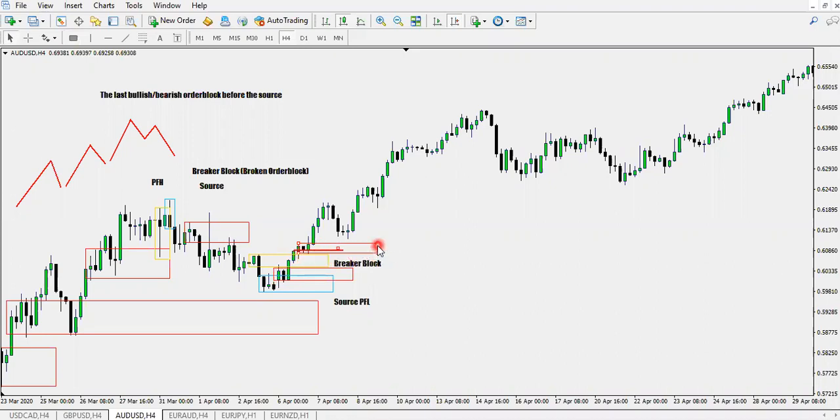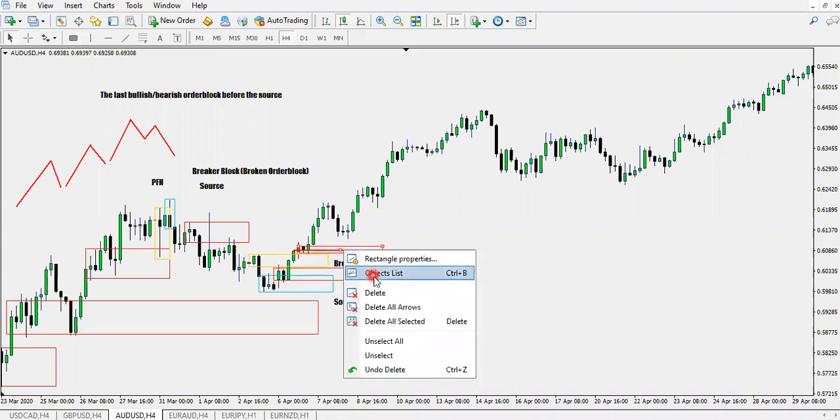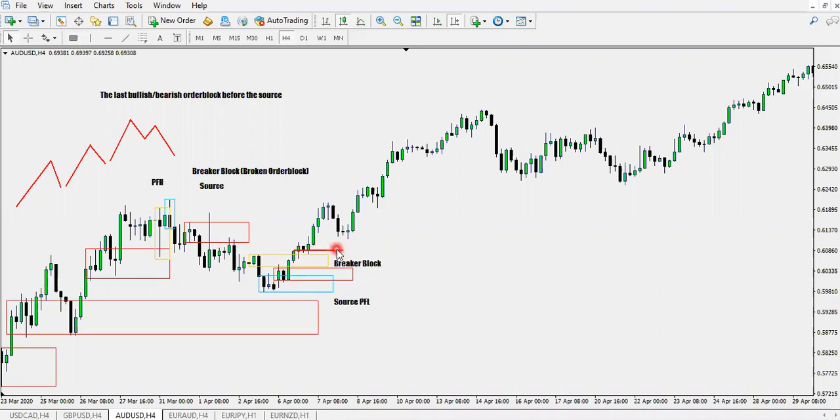And here is our first, or second actually, bullish order block. So this was our first bullish order block, but price hadn't created the breaker. Once the breaker was created, this was our first bullish order block. Okay, so price then rallied up,